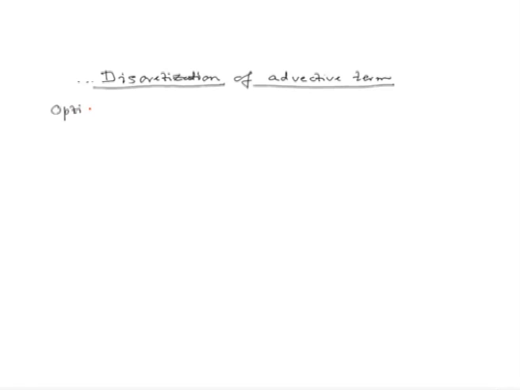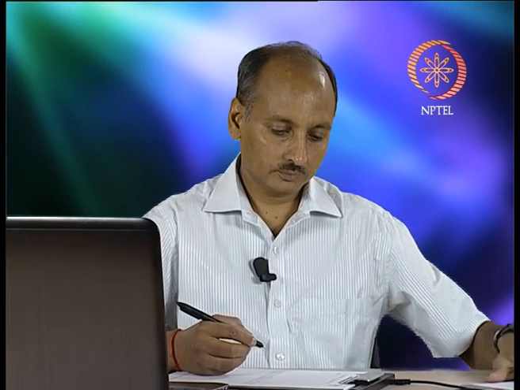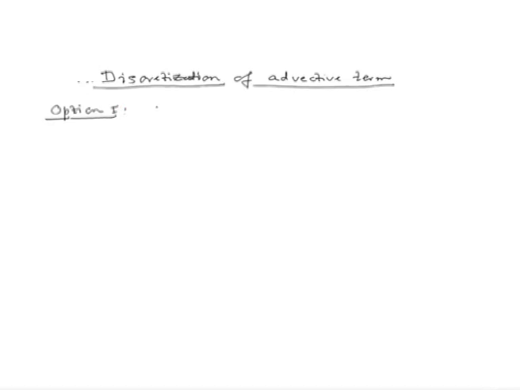Option 1: what we did for the diffusive term, we had used the second order accurate CDS scheme. So, shall we use the same scheme for our convective term as well? If you use the central difference approximation,